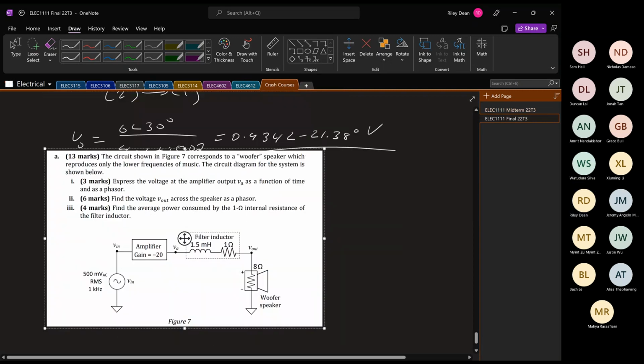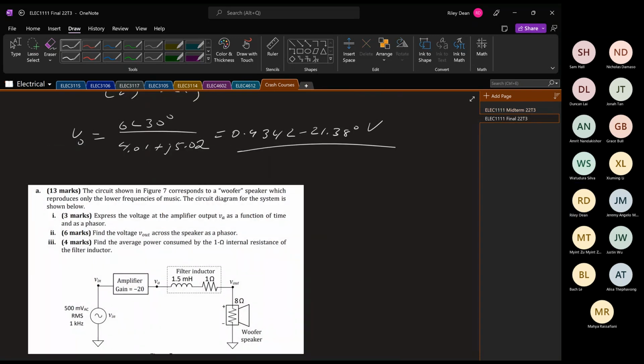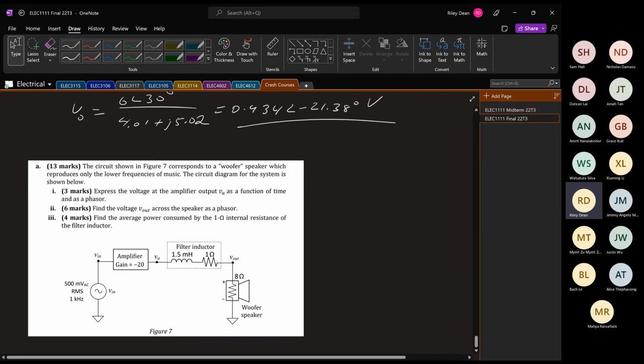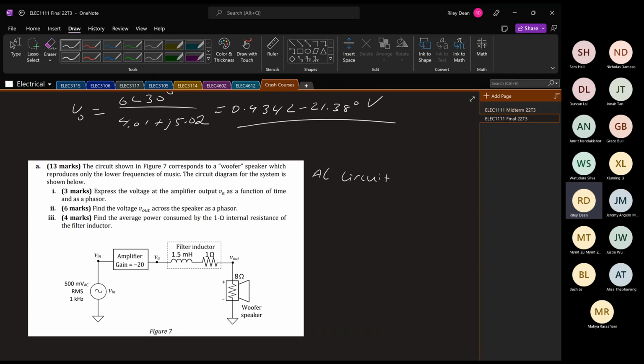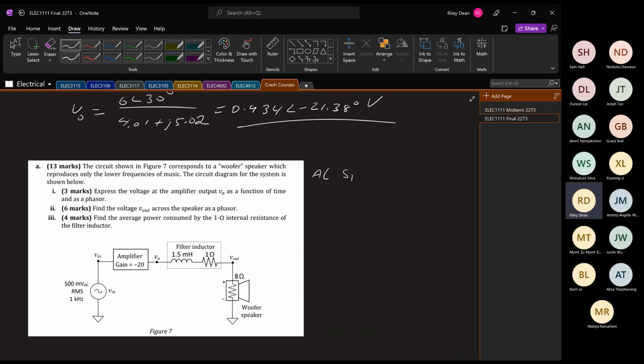So now we get back to another question that has a lot of words. Less than before, but still trying to make it more complex than we necessarily need to read. But before we completely deconstruct the circuit, let's look at AC signals. So does someone remember the generic equation we use for